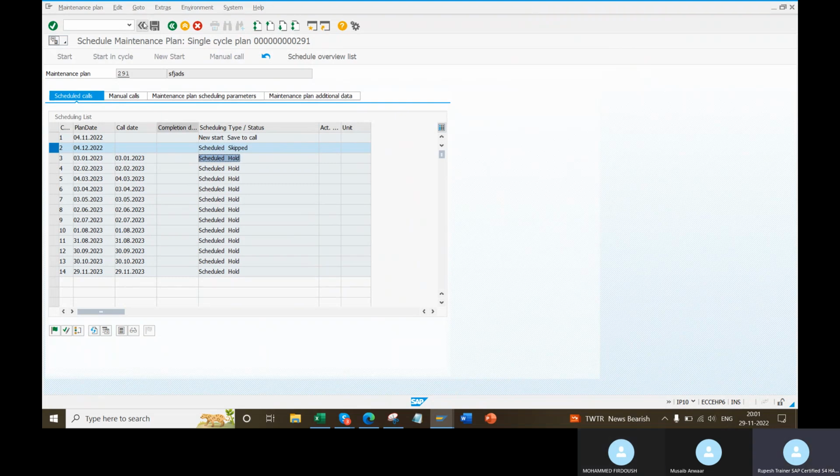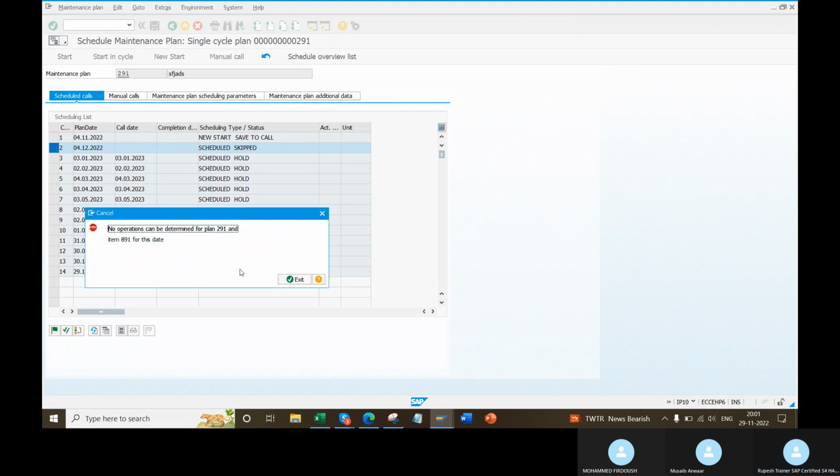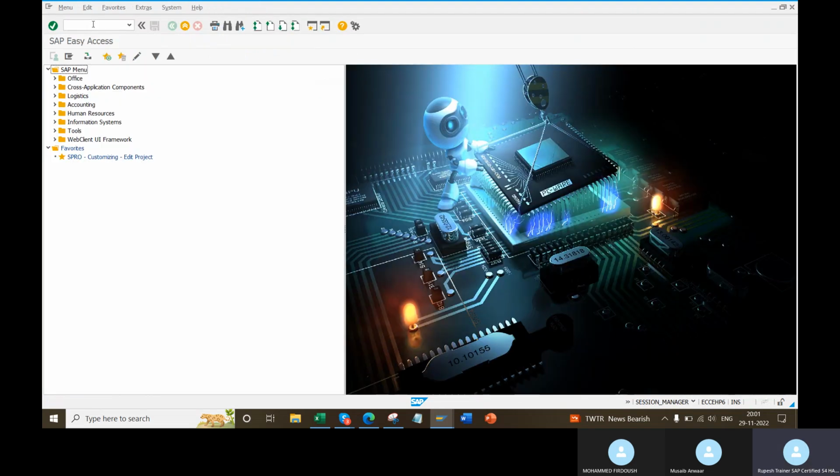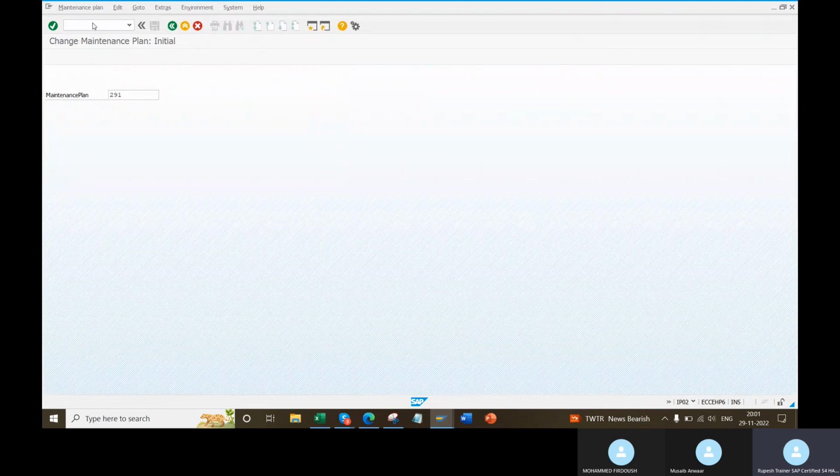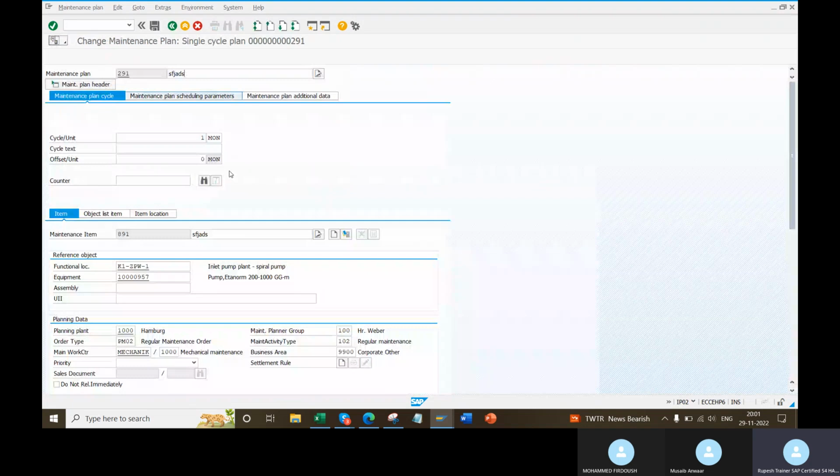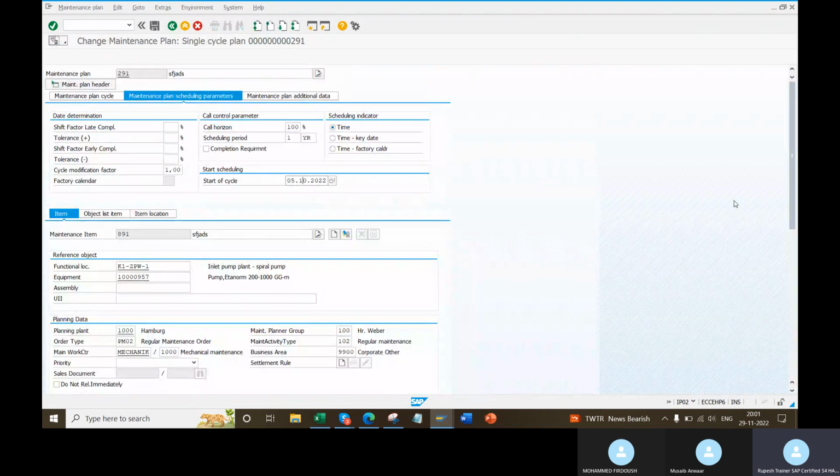Yes. Right. Now saving this. Okay, it is not allowing, right? I'll take a correct plan. Okay, I'll change the task list, right? I can change the task list. Okay, I'll change the date now because I'm not able to create the schedule the plan. So I'm putting 11. Okay. See,